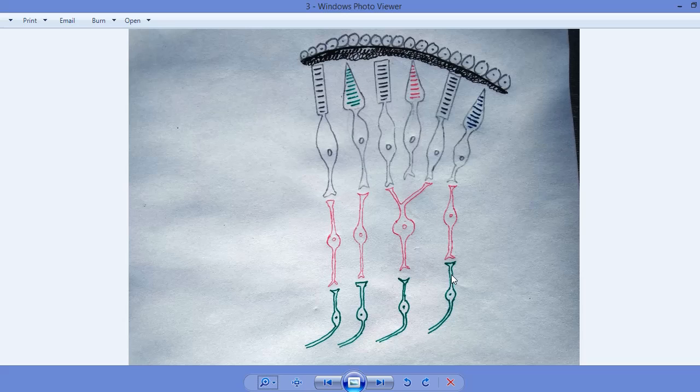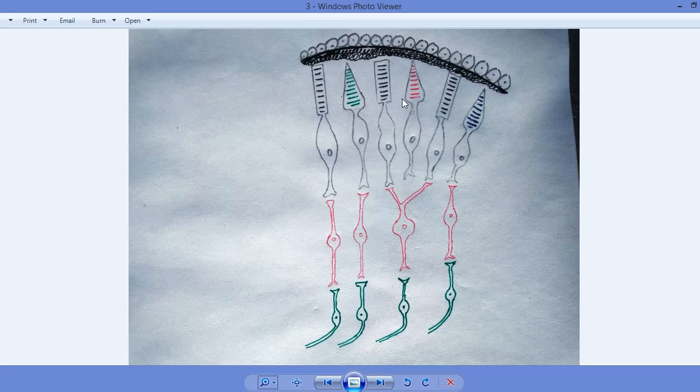If the reflection of the image falls on this area, if it falls on the melanin, that will be absorbed over here. But the reflection of the image should fall on the rods and cones. If it falls on the rods and cones, that will activate some